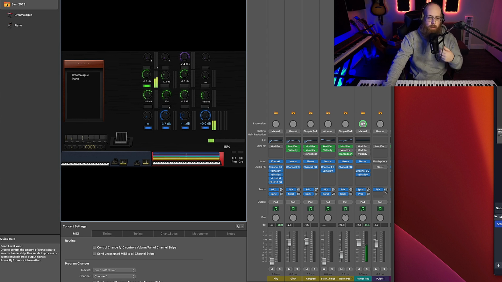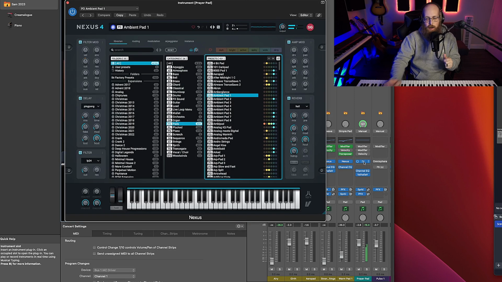So for me, personal taste with prayer pads, you're looking for something that has a lot of low-end stuff, not like sub, but just not a lot of high-end distracting things. It's just real mellow, real warm, slow attack. This doesn't work well when playing fast songs because it's a very slow attack. There is a little bit of a high-end tinkle stuff that I'll show later on my effects bus, but